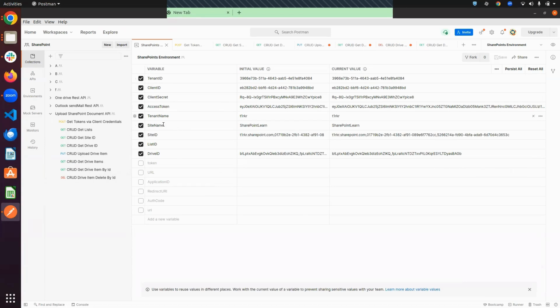With the help of these, we will get a token, and how to add the token in the header. After that, we will get site ID, list ID, drive ID, and after that, friend, we will upload a document in a particular drive ID. Also, we will create a document library in SharePoint. So friend, we will cover all of this in this video.